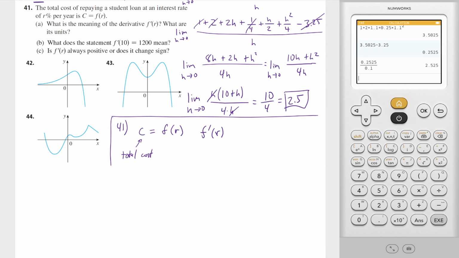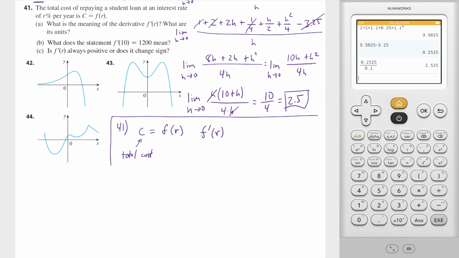Presumably, if you increase r, it'd be a weird function that this student loan company was using if this wasn't the case. But almost certainly it's a standard exponential function that is being accumulated over time. And so if r goes up, then the cost increases. If r goes down, the cost decreases. So f prime of r is the change in